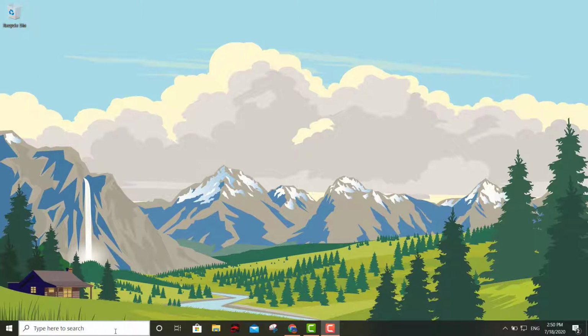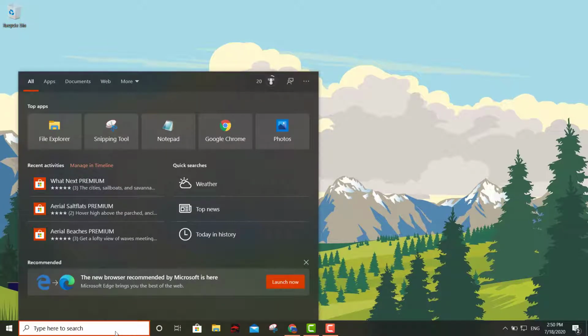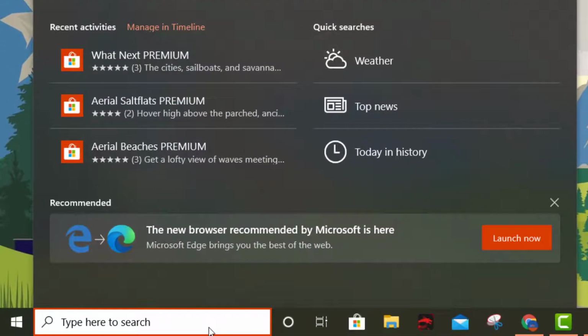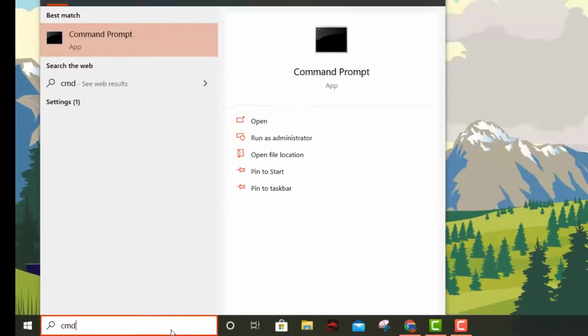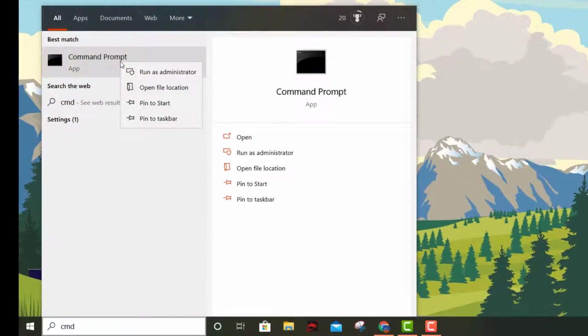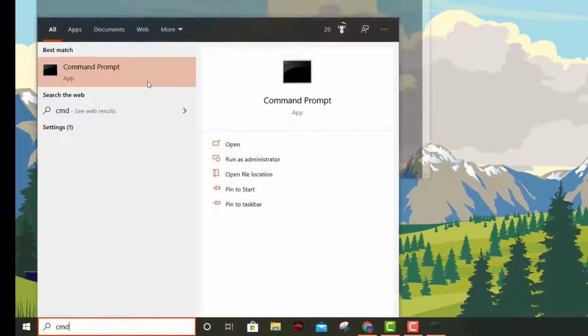If you're using Windows 10, just go to the bottom left hand corner, type in CMD, right click, and run it as administrator. If you're running 8.1 or Windows 7, to pull up your command prompt, go to start, programs, look for the command prompt and run it as administrator. Okay,